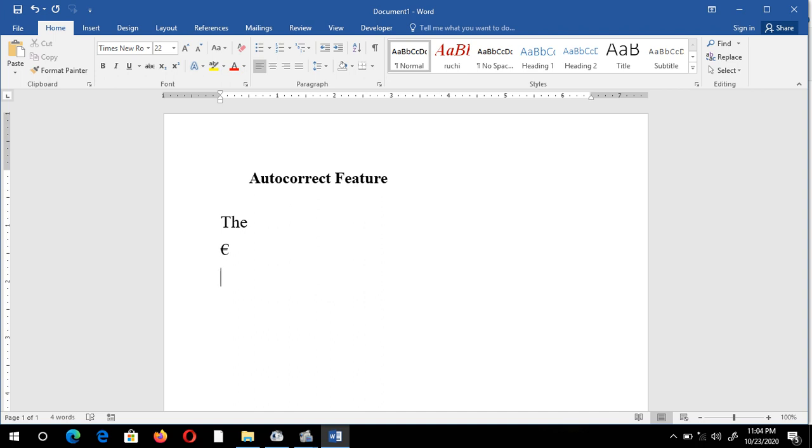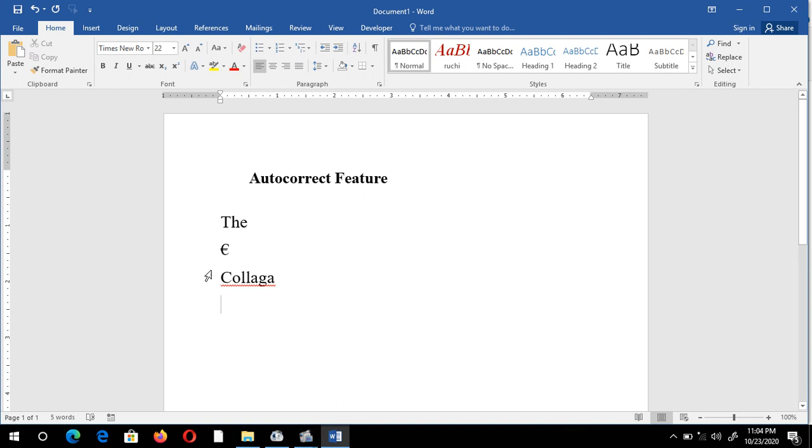If you observe, there are some words which are already set at the back end and those words can be corrected automatically. But if some words are not set on the back end side of Microsoft Word, they will not change. Let's see. Suppose I want to write the word college and by mistake I write this word instead of college and just press enter.